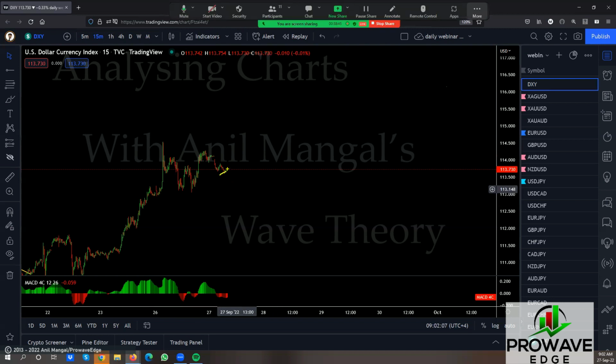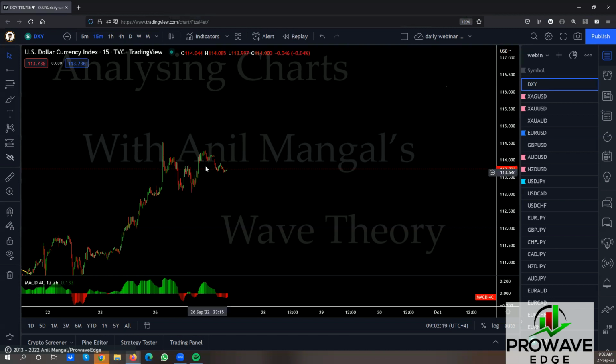It is coming down right now. I would not be selling this one. If I'm looking at the dollar index to sell, I would not be taking this up. Now, if I see a better sell in one of the other pairs, we'll probably take it. So if I see the yen or the Swiss or the CAD is going to drop, or the euro, the pound, or the Aussie has a buy in it, we'll probably take it if there's a risk to reward within that trade. So this one, just leave it as nothing.